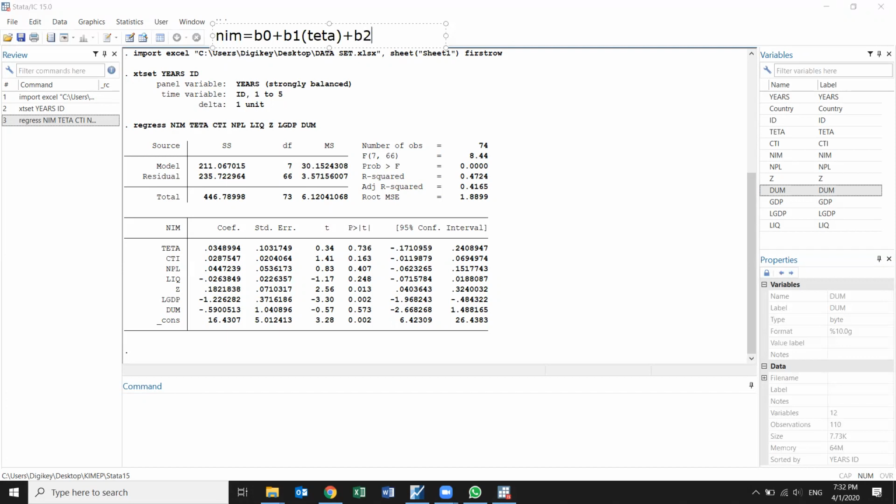Plus beta 2 CTI, plus beta 3, beta 3 is NPL, non-performing loans, plus beta 4, beta coefficient 4 is for liquidity, plus beta 5 of Z-score,